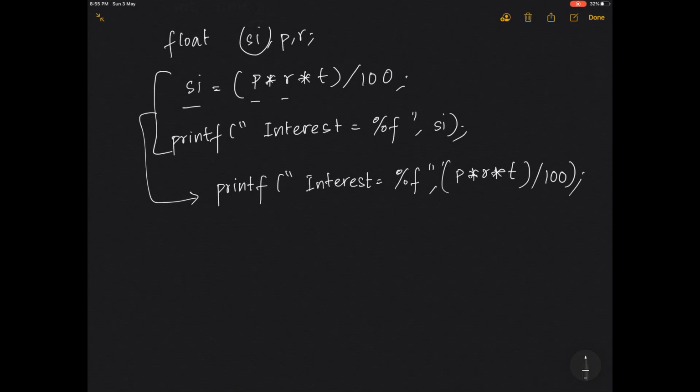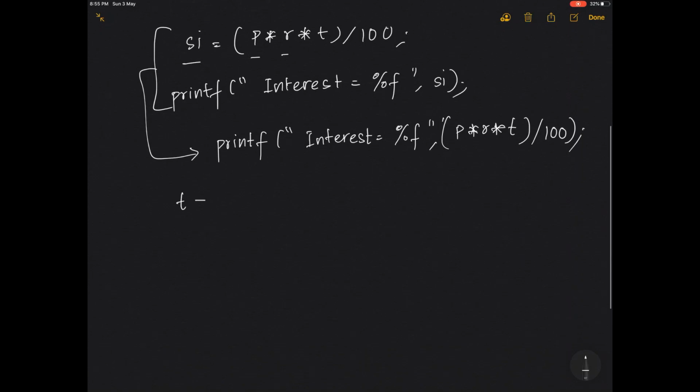Now, there can be a chance that the time is given in months. If the time is given in months and the rate is given per year, the rate has to be converted to per month. So the new SI formula will be P into R into the time in months by 100, and if the rate is given per year, you have to divide it by 12. The 12 comes in the denominator, so that you find the rate per month